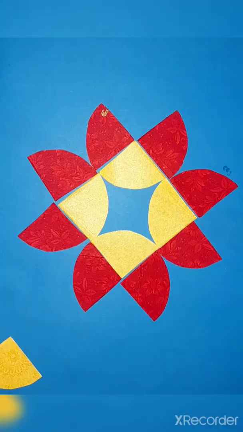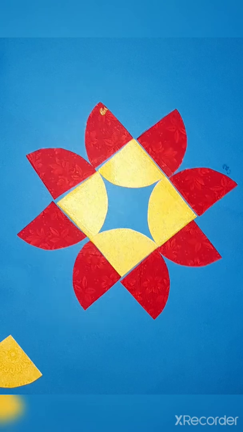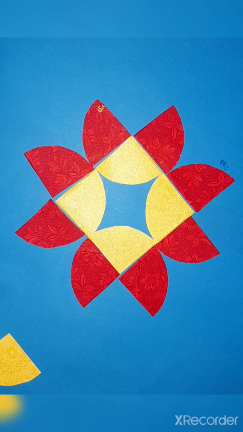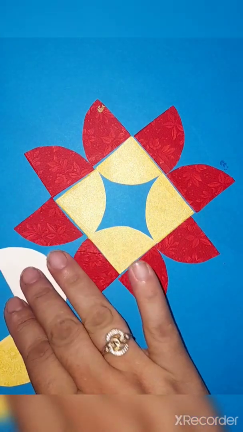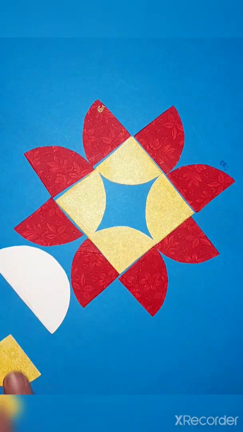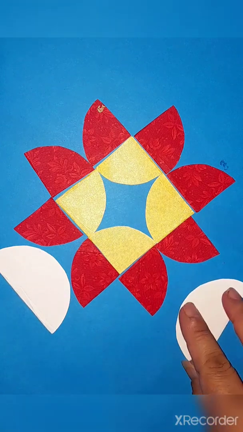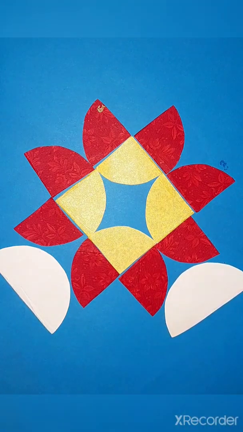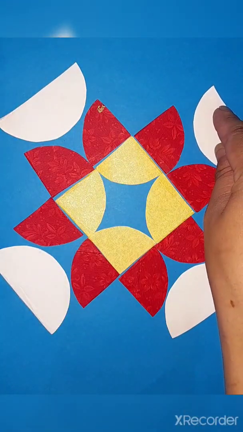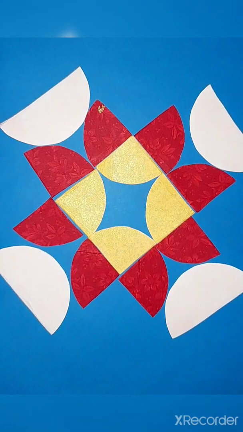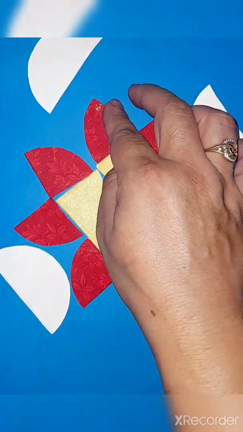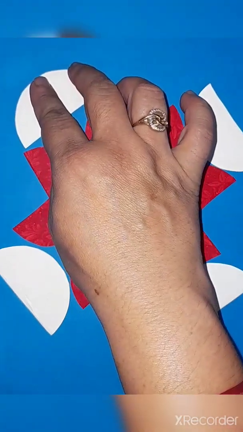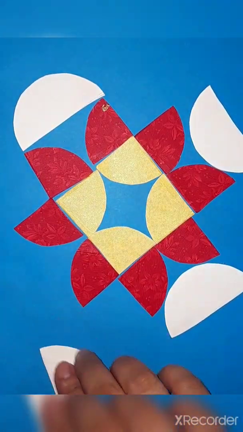Okay, so look at this, it is looking like a beautiful design. Now that white color, I'll keep this white color here like this.